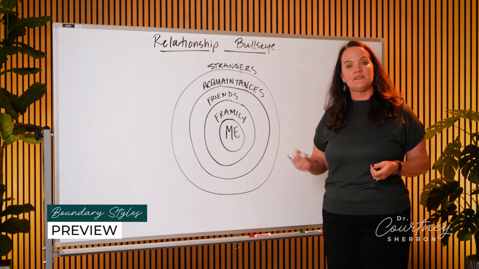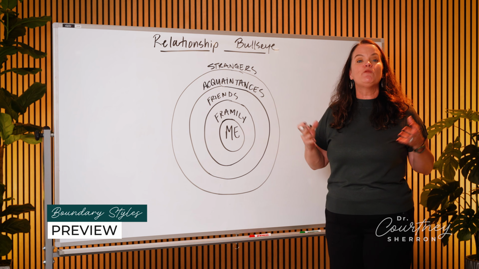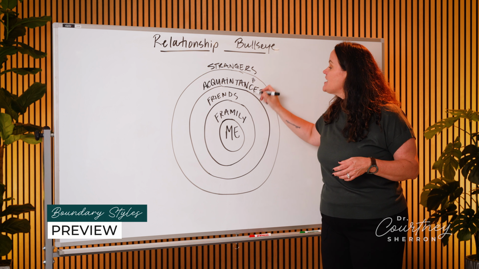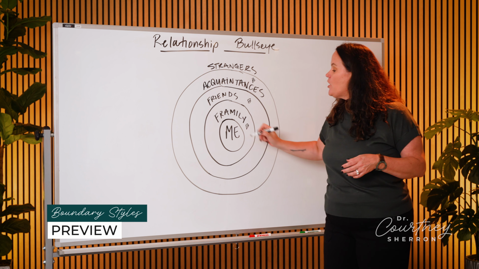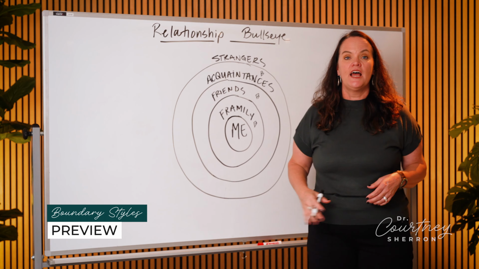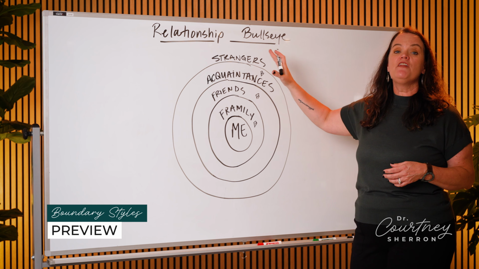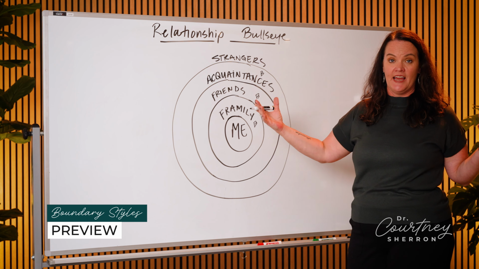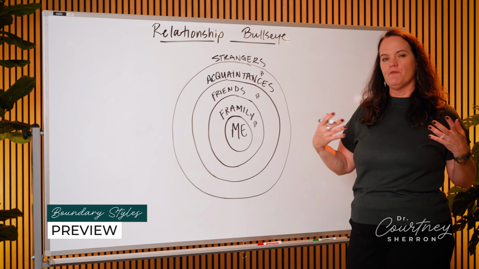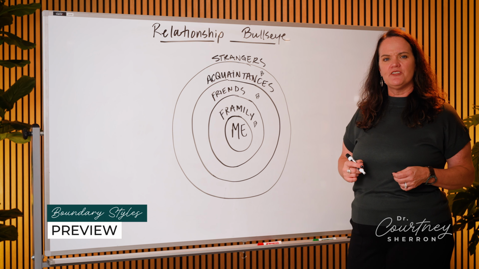It takes a lot to bring somebody from the outside all the way into the middle, and we want it to. We want to be able to have boundaries at each stage here so that we know that people are meeting our emotional needs in the right way. So now this is our healthy model, and we're going to talk about the 2 other boundary styles on the side. I am going to return to our healthy model at the end and give you a little bit more information about that as well. But before we do that, let's talk about the other 2.